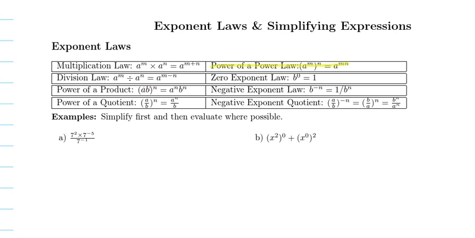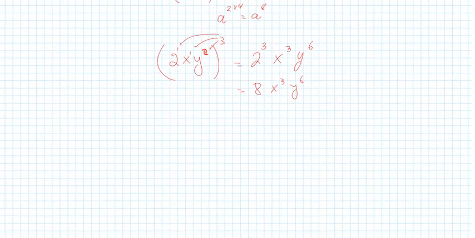The same rule applies when I have a quotient. So when I have division, okay. I know I added this into your notes. There is a mistake here. So the same rule applies when I have a quotient. Okay, so if I have, for example, 2x over 5y to the power of 4. If I have this, for example,